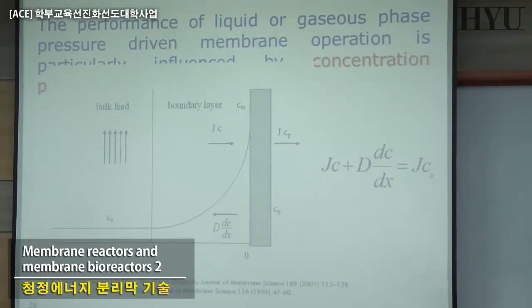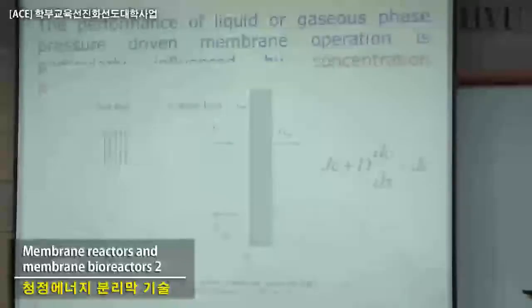In liquids, this is a big problem. In gases, the back diffusion coefficient is much higher than in liquids, so this phenomenon can be a little bit less severe, because the convection is on the membrane surface and the back diffusion is removing from it. So if these two fluxes are equal, there is no problem, but they are not equal. This one is much higher than this one, and that's why in a relatively very short period of time,